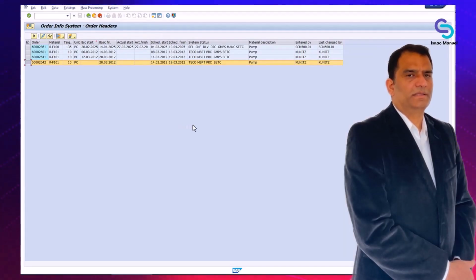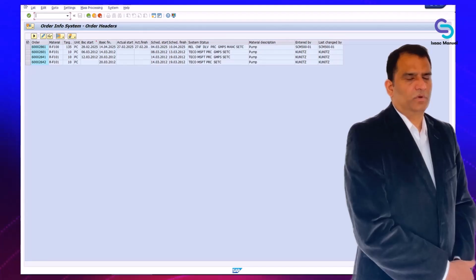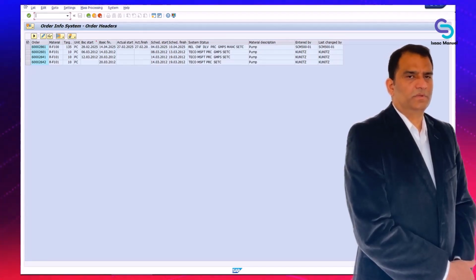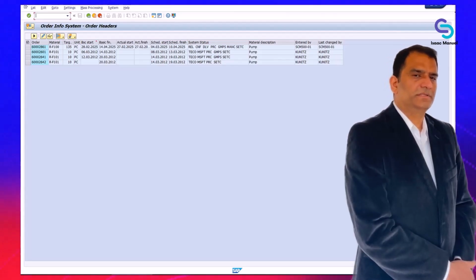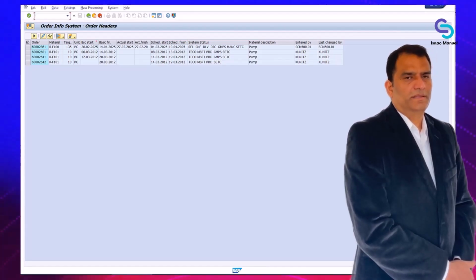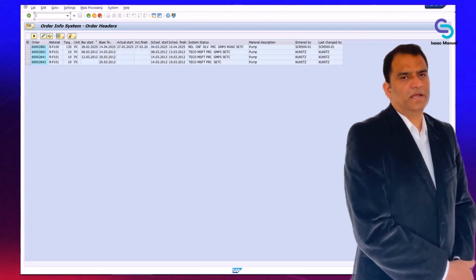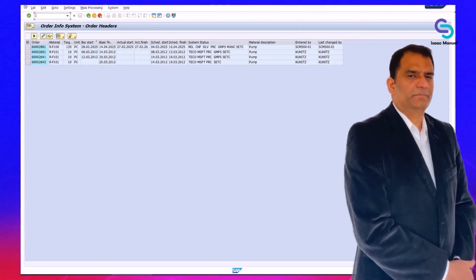Additionally, you can apply selection criteria to focus your report results. Flexible filters allow you to display only the orders you are interested in, based on material numbers, work centers, order types, or production statuses. In short, the order information system is an essential tool. It supports production teams by monitoring manufacturing efficiency, ensuring materials are available when needed, and maintaining cost visibility throughout the